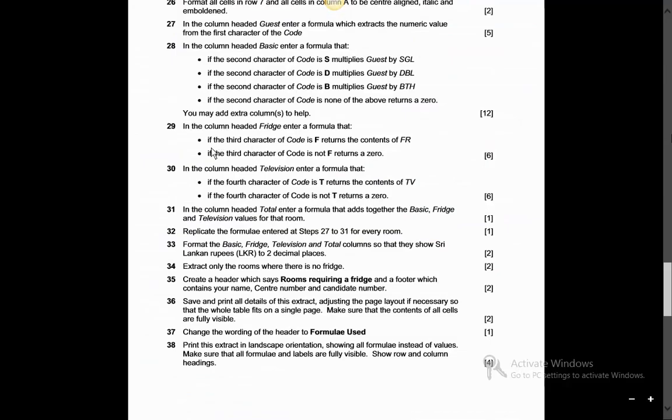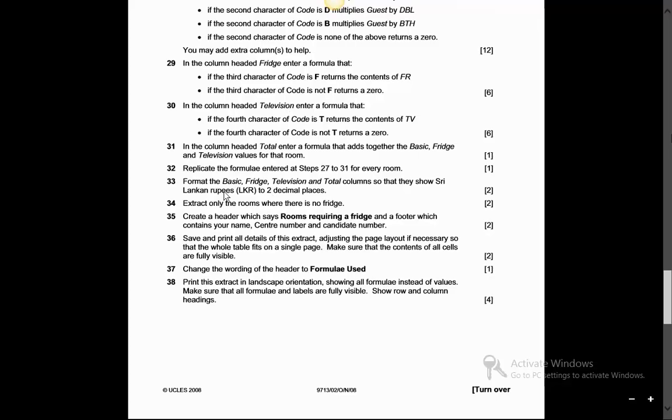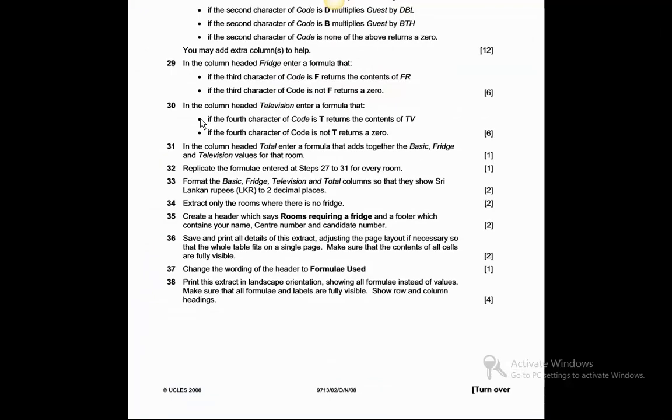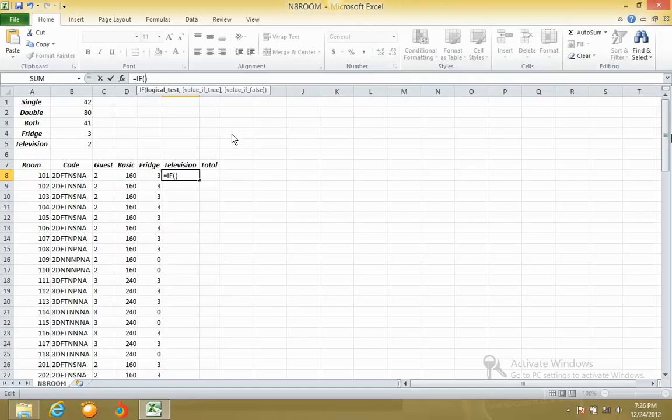Next part. In the column headed television, if the fourth character of the code is T, returns the content of TV. If the fourth character of the code is not T, returns 0. So if the fourth character of the code is T,